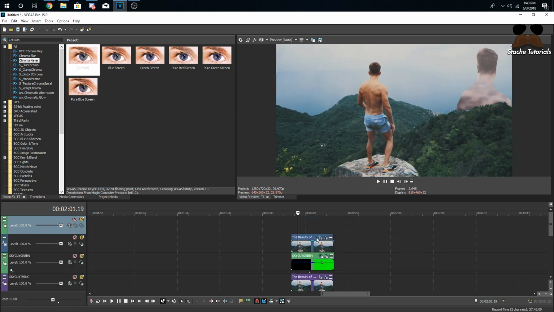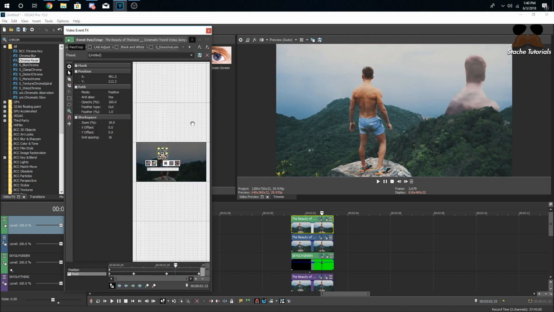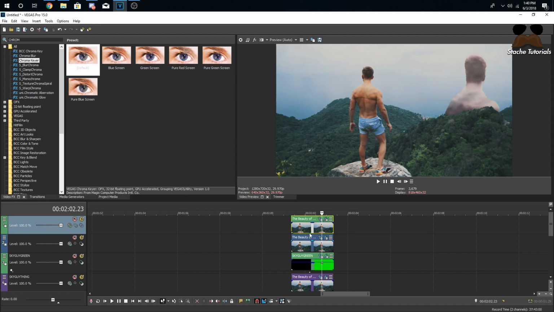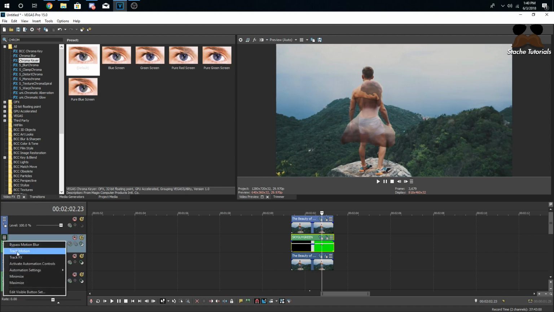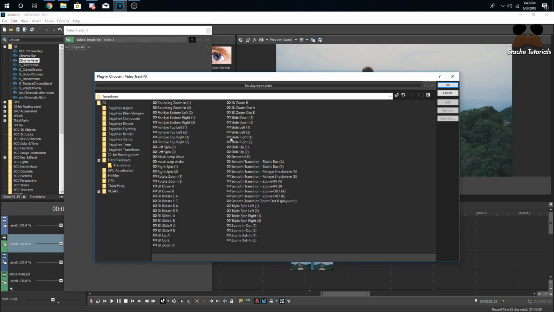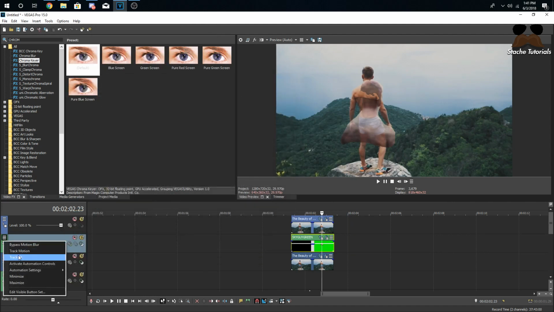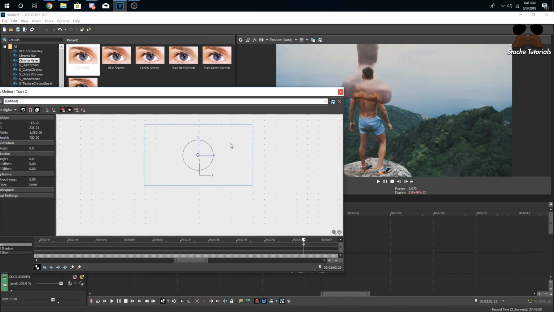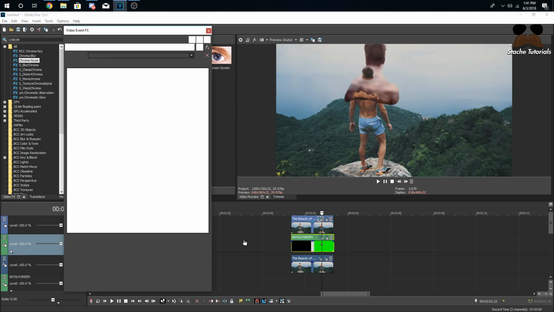So since this is already masked, since I'm using the same mask layer, if I'm not mistaken, I am. I just copied and pasted the same mask on top of him, and what I can do is just put this on top of that, and then put this in the middle, and then I can move this around, right? Track motion, since I don't want to mess with the chroma key. He's going to be behind him, or should be. Okay, then